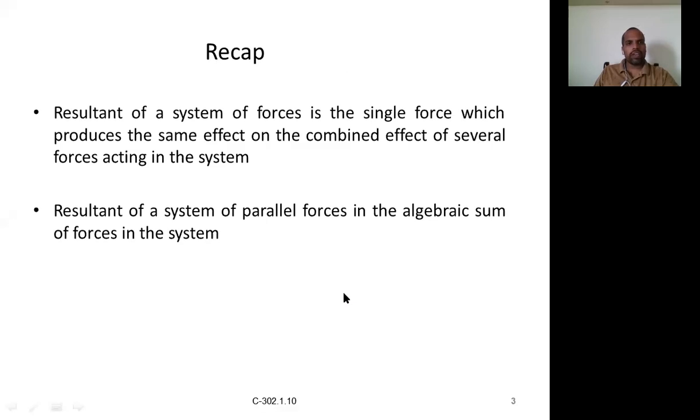And what is equilibrium? A body is said to be in equilibrium if the resultant force becomes zero. So that is the equilibrium condition, right? Let us see what the different equilibrium conditions are that are required to be satisfied to solve problems for the unknowns, like the reactions, etc.